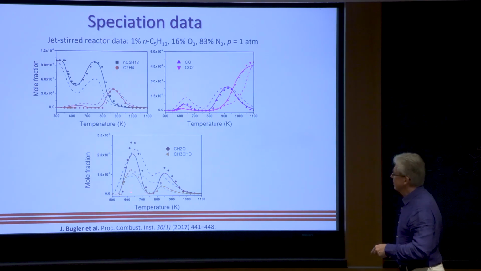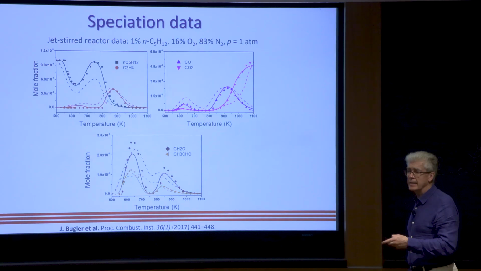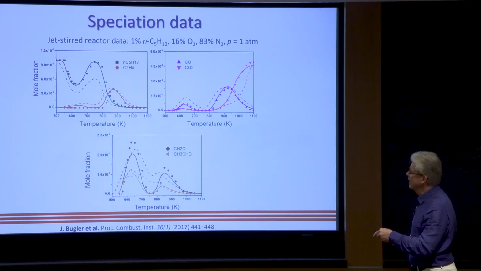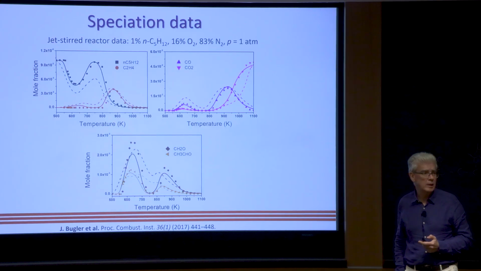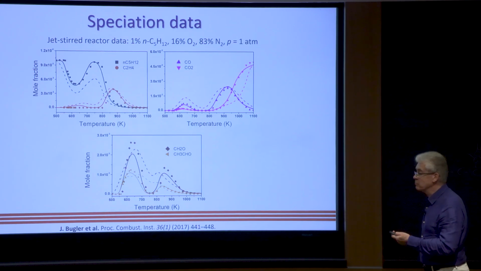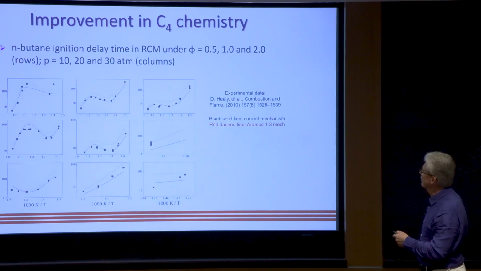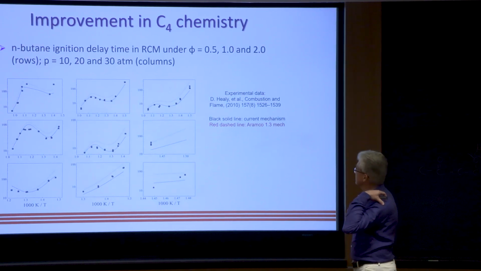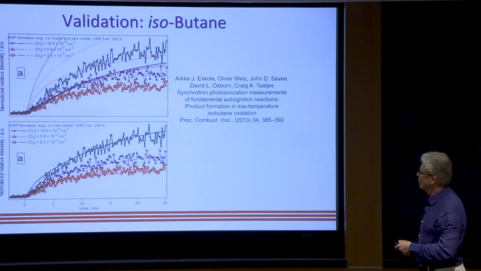So, this is just showing our previous model prediction of jet-stirred reactor data compared to the model predictions with all the updates that we had in there. The solid line is the updated model, the dashed line is the original model prediction. And you can see that the chemistry is much better now at capturing this too. Okay? And here we also applied these rules to butane,